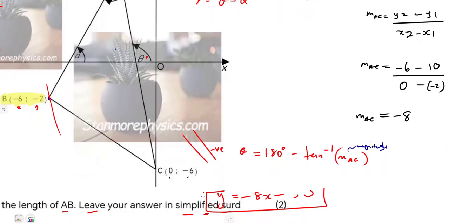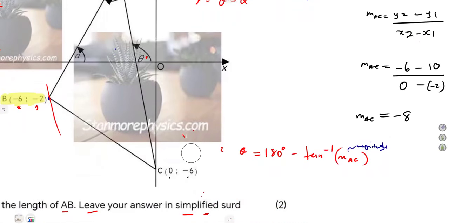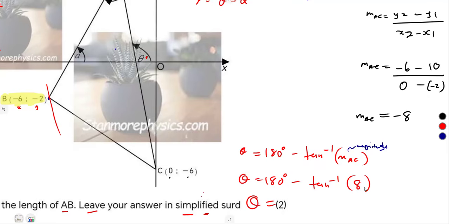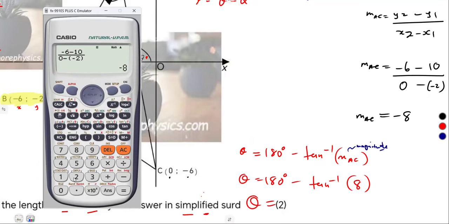The magnitude, the positive value when substituting. Yes, our gradient, we know that it is negative for all these lines of this nature. So do we have the gradient of AC? Yes, we calculated this. That's a negative 8. So theta is 180 degrees minus the arctan of the magnitude of the gradient. This is negative. We need the positive value when substituting. That is the magnitude, the positive value. So that was it. You're going to find arctan of 8 or simply use your calculator direct. 180 degrees minus shift tan, that is arctan of